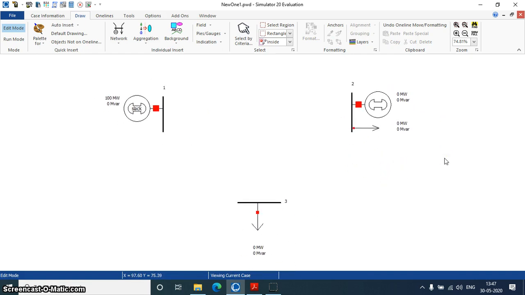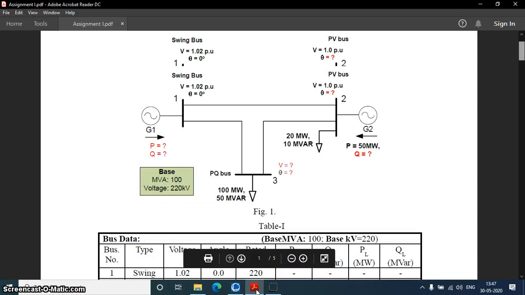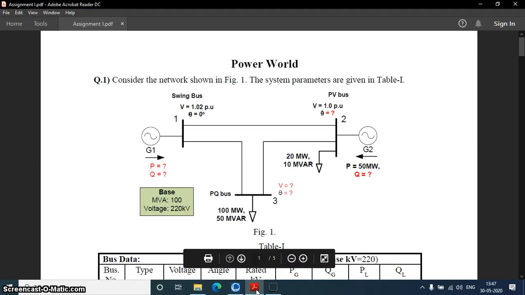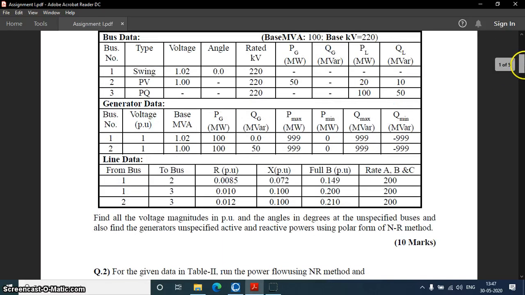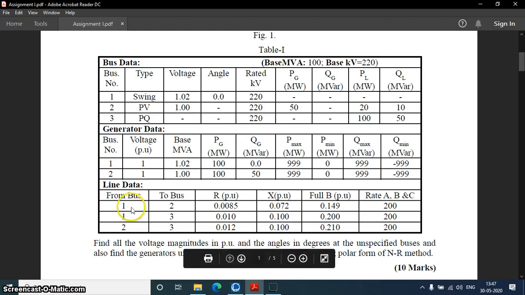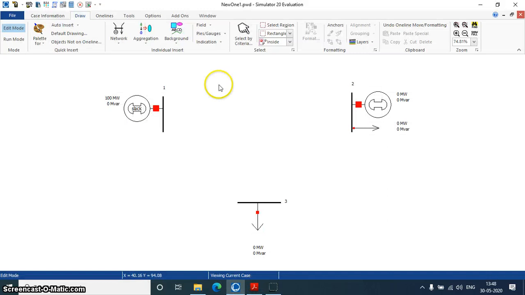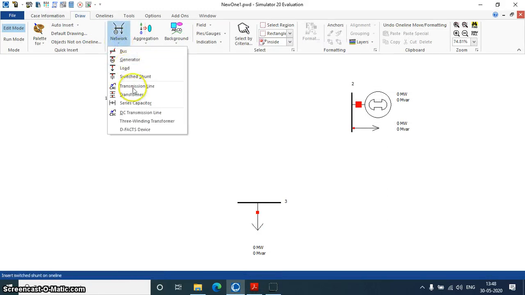So like this we have developed the model up to this point. We have connected the generator to the buses and load to the buses, now we will connect the transmission lines from 1 to 2, 2 to 3 and 3 to 1. There is the line data given from bus 1 to bus 2. We are having a line with these parameters. So select transmission line